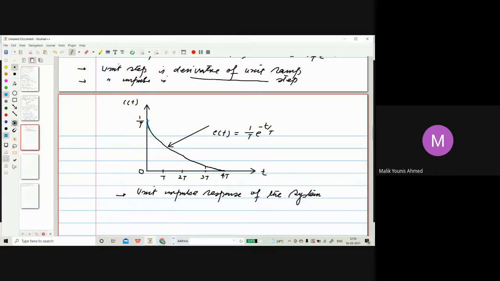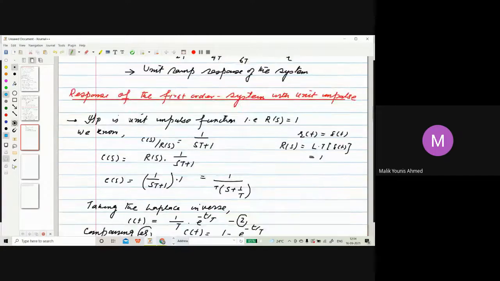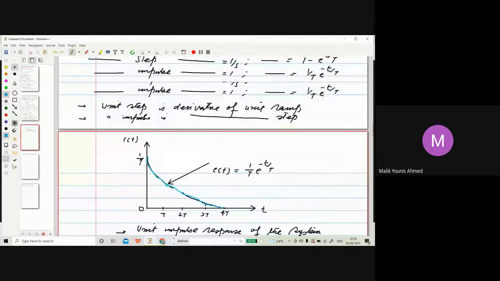So this curve is very important for us. Same curve, okay. This curve is clearly an exponentially decaying function. So that's all for the 3 types of responses we have. So we have got these responses. The next will be,